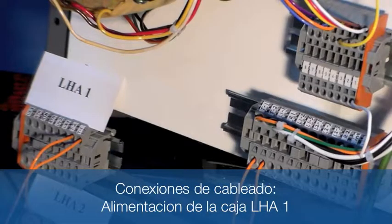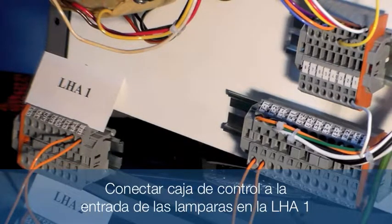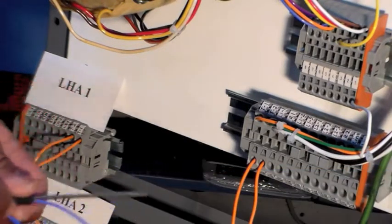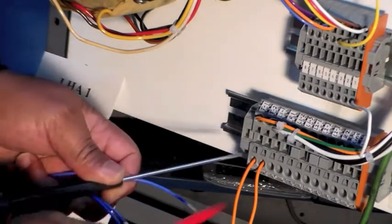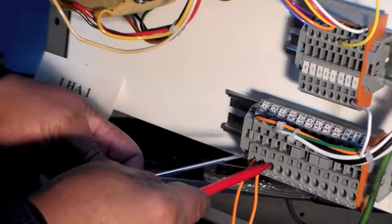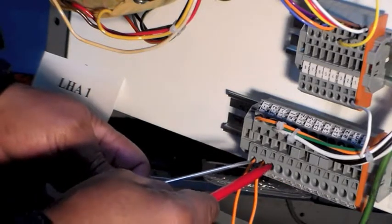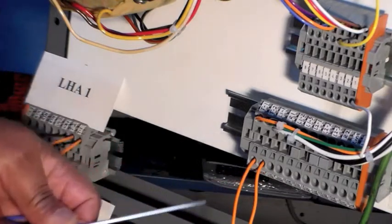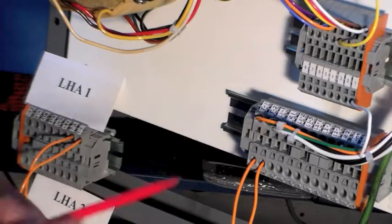The next portion of our hard wiring of our power adapter and two box system is to take our outputs out of our power adapter that will go to each of the three lamps of our LHA number 1. So we will complete first of all